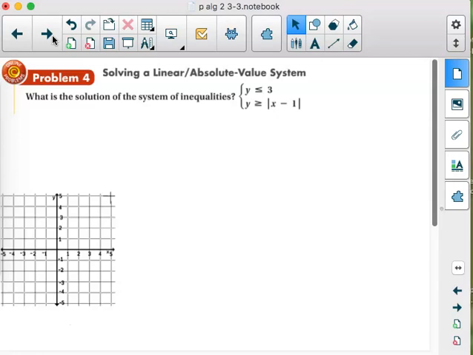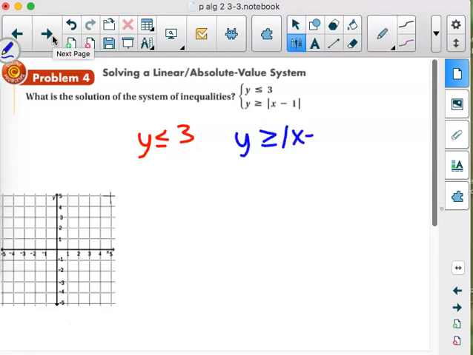So I'm going to color code. And I will graph y is less than or equal to 3 in red. And then I will graph my absolute value in blue. And any math that I do for them, I'm going to do in the exact same color. So it's all very easy to follow when I look at my notes later. Oh, well, this one's interesting because to graph it,